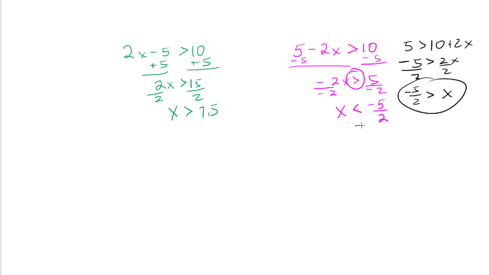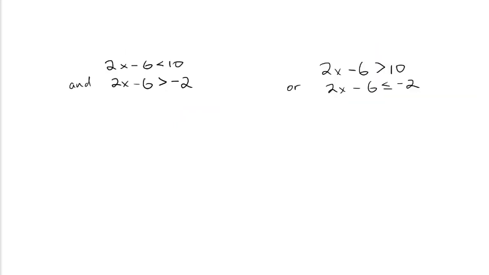This is the same as this. X is less than minus 5 halves. Here I solved it a different way without dividing by a negative. So if I did not switch the direction of my inequality when I divided by a negative on both sides, I would have been wrong. Let's extend our discussion of inequalities to compound inequalities, which you're more likely to see on